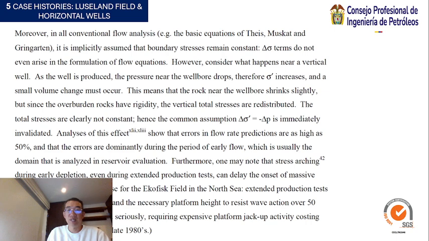This means that the rock near the wellbore shrinks slightly, but since the overburden rocks have rigidity, the vertical total stresses are redistributed. The total stresses are clearly not constant. Hence, the common assumption is immediately